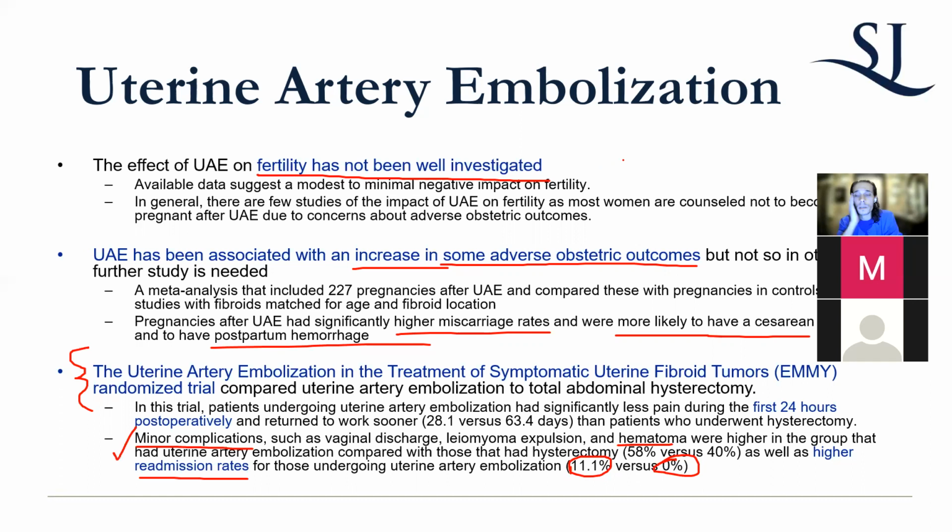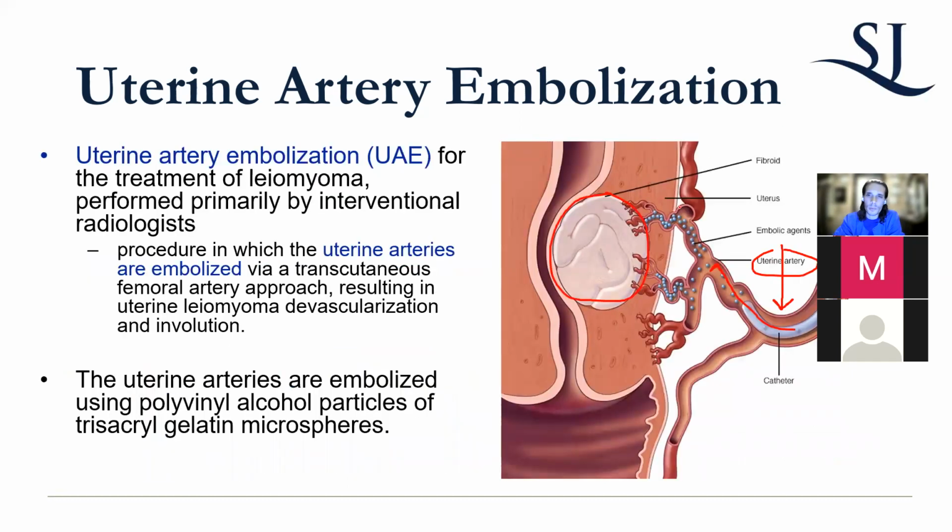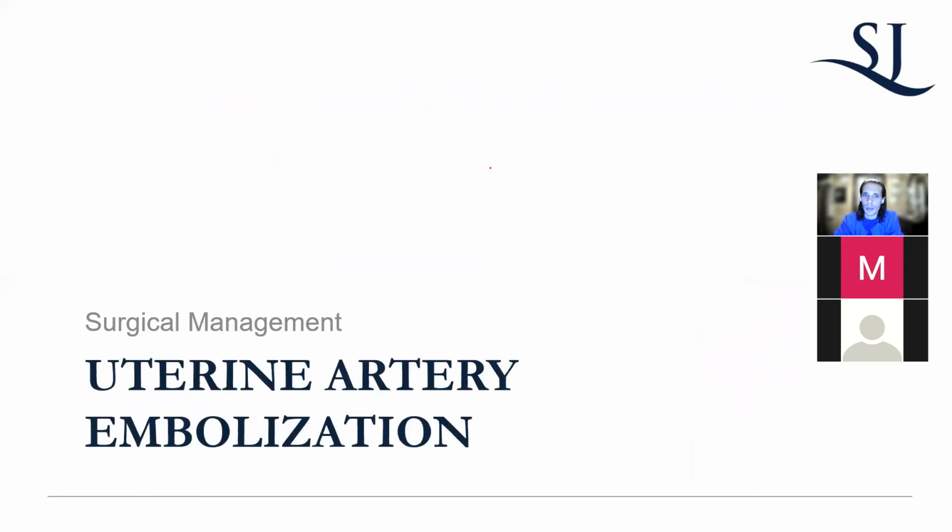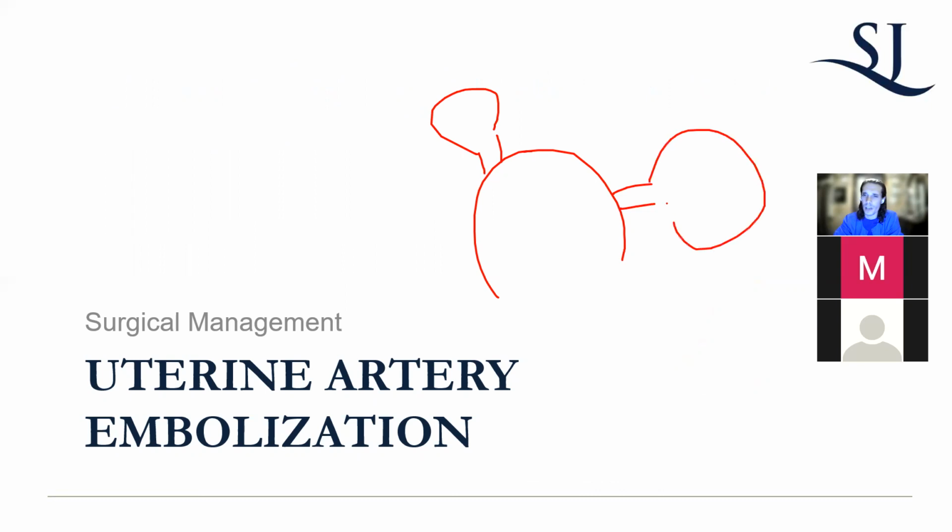It's an option that exists for, like I said, poor surgical candidates. And more importantly, if you could appreciate this image again, it really works best if you have multiple intramural fibroids that aren't that big. If you have a uterus that has a bunch of pedunculated subserosal fibroids, for example, right? Uterine artery embolization is not going to help you all that much.